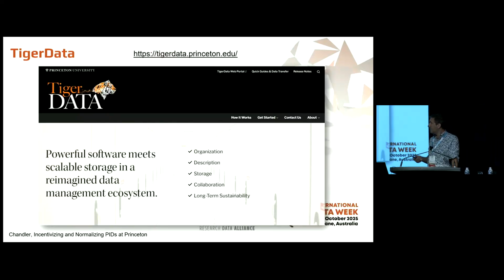The other component that I'm going to be talking about is Tiger Data. This is Princeton's newish research data management platform. It combines a massive increase in storage hardware with customized tools and services to assist researchers to organize, describe, and collaborate on active research projects. So if you're a bit of a geek like I am, the previous system that they had before this came along was a mixture of on-prem hardware, lots of NAS drives, lots of GPFS storage,